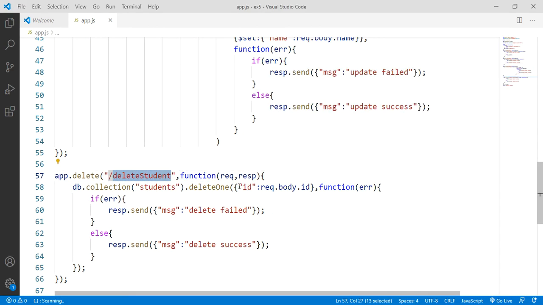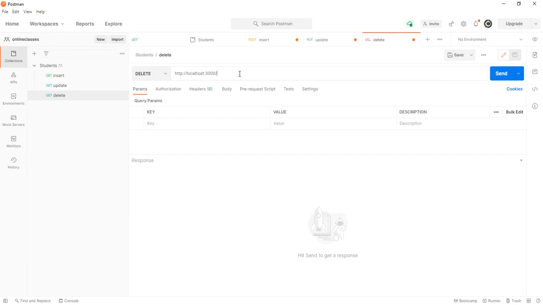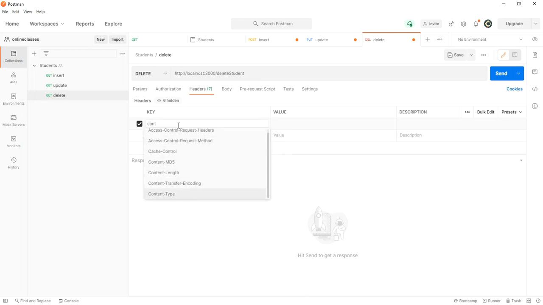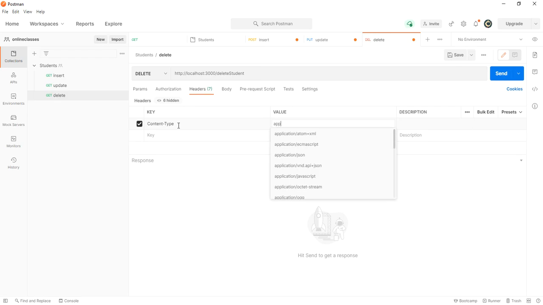So right now this method is expecting only the ID value, because to delete I don't want any other value, but we need to configure the content type as application/JSON.